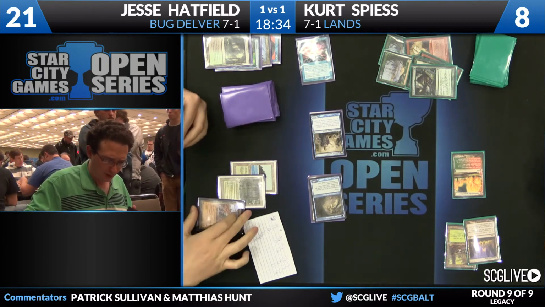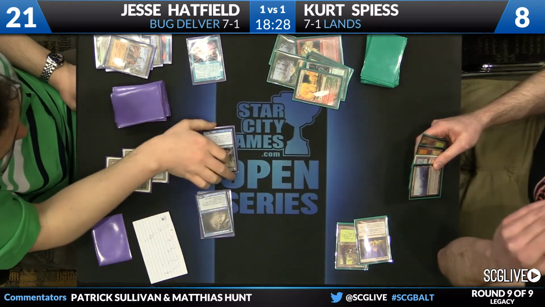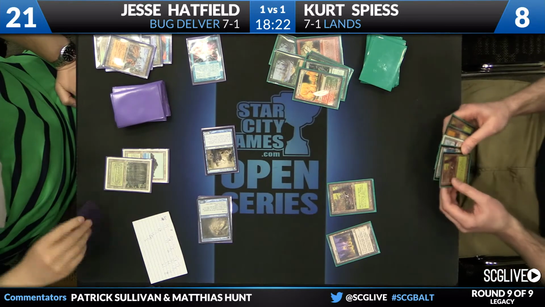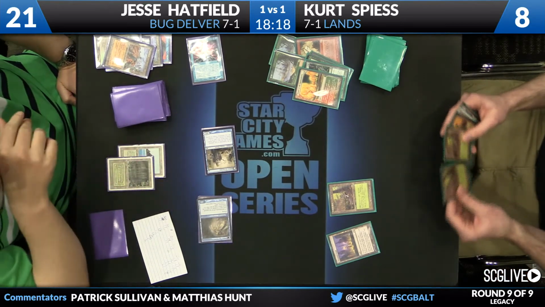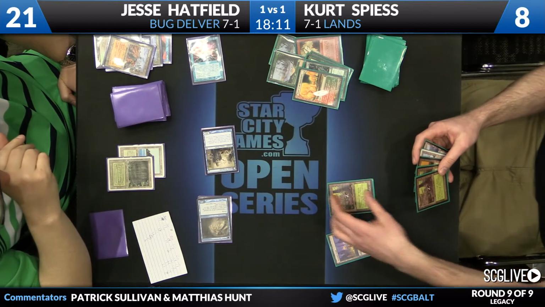And if you're Jesse, do you know? And Wasteland hits Grove. What a draw. That is huge here. Tranquil Thicket, the draw for Spiess, but he is in a bind. He drew there, to note, instead of dredging Loam. Presumably he is searching for,